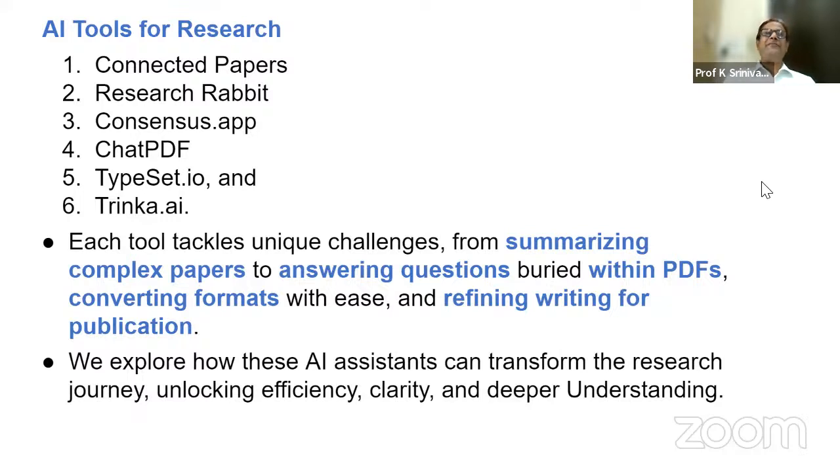सो ये नीचे देखिए सेकंड वाले पैराग्राफ में मैंने जो लिखा था, each tool tackles unique challenges from समराइजिंग कॉम्प्लेक्स पेपर्स, सबसे वेरी इंटरेस्टिंग है, वेरी इंपॉर्टेंट है, क्योंकि हमारे लिए तो लिटरेचर सर्वे में या कोई पेपर को फाइनलाइज करने में, और ये इम्पोर्टेंट, आंसरिंग क्वेश्चंस बरीड विद इन द पीडीएफ्स, क्योंकि एक एक पीडीएफ हमारे कंप्यूटर साइंस में तो कम से कम 40-40 पेजेस का पीडीएफ है। सोशल साइंस में और ज्यादा मैंने देखा था। बट प्रॉब्लम क्या होता है कि जब तक उसके अंदर क्या क्या प्रश्न है और प्रश्नों का उत्तर कौन दे रहे हैं, दैट इज दिस टूल्स